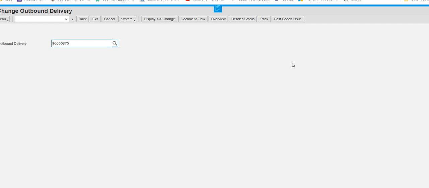Now, there is a catch on this step. If you try to press post goods issue twice, the second time it will give you an error. Why? Think logically. Any transaction that is posted one time means now there is nothing to post.